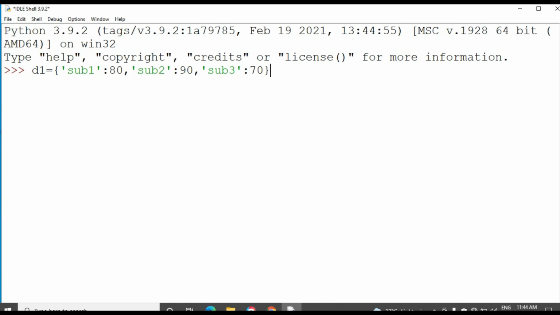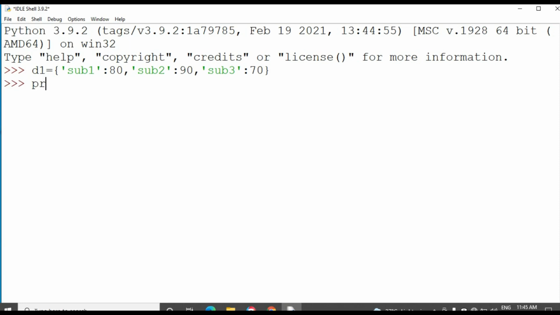I have taken three subjects' marks. You can take anything, Tamil, English, maths also, but simply I have taken subject 1 as 80, subject 2 as 90 and subject 3 as 70.